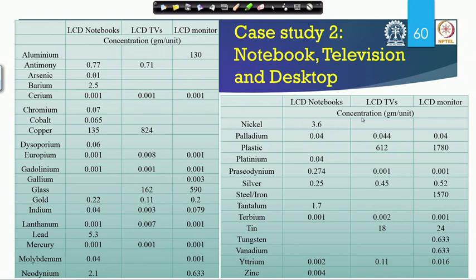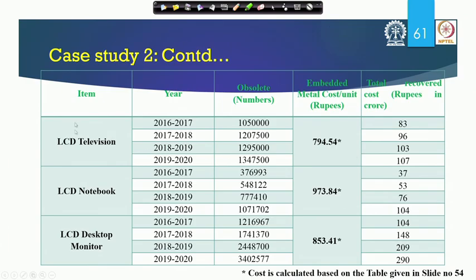unit, same thing, same way for these, and then you try to do in terms of how much LCD television, LCD notebook and LCD desktop monitor in different years, how much will be obsolete, and then embedded metal cost. So here we are looking at, for the different years, say in terms of LCD desktop monitor, which is at the bottom, here we are seeing